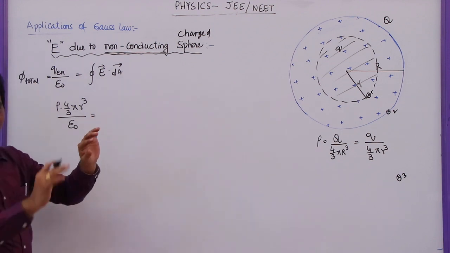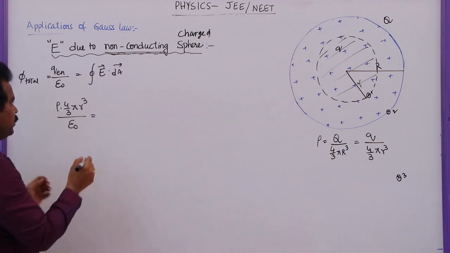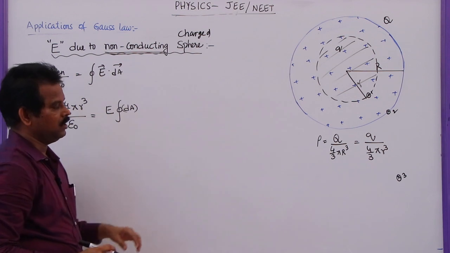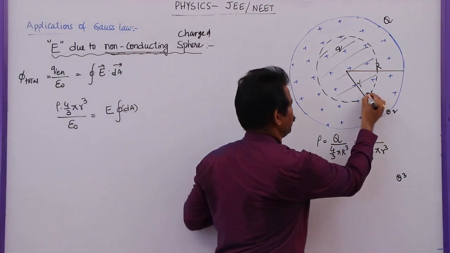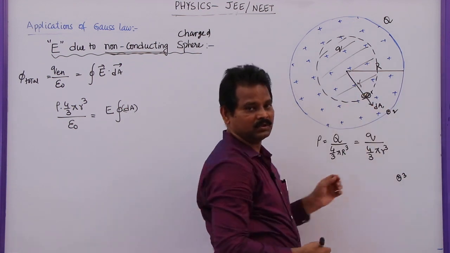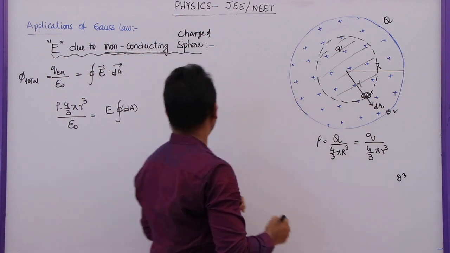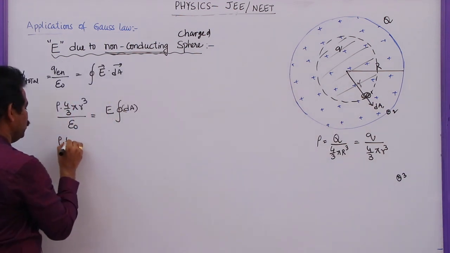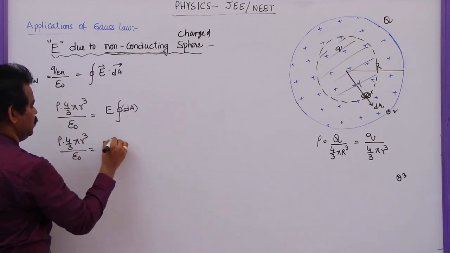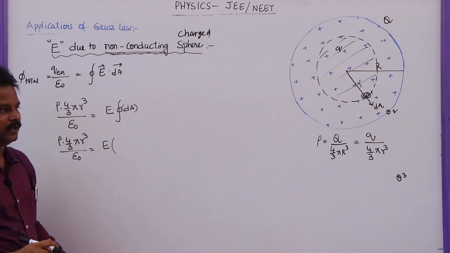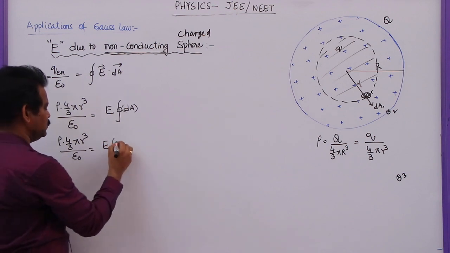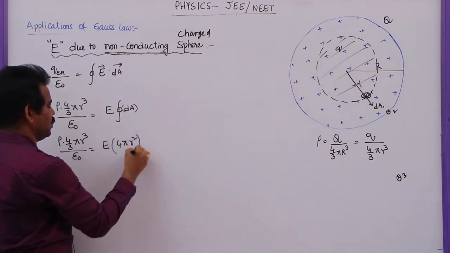there is only one closed Gaussian surface here. So we can write E integral dA. What is dA here? dA is the small elemental portion that we are going to take here, and this will be dA1. If you want to find the entire surface area, integrate that one. You will get rho 4 by 3 pi r cube by epsilon naught is equal to E into the total surface area of that closed Gaussian surface with radius r, which is the surface area of a sphere, 4 pi small r square.